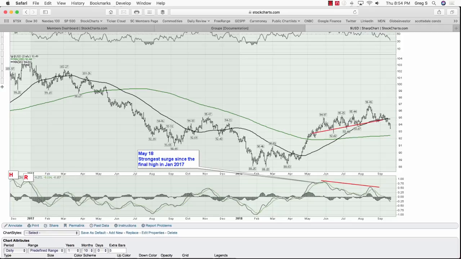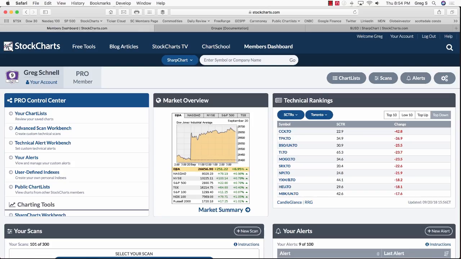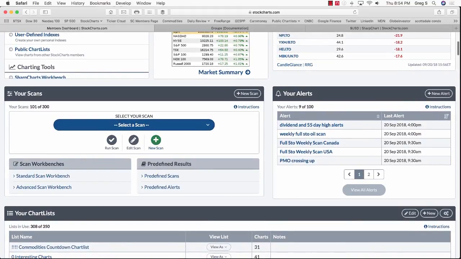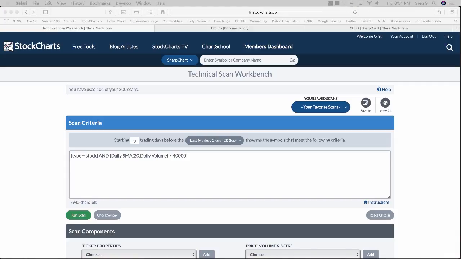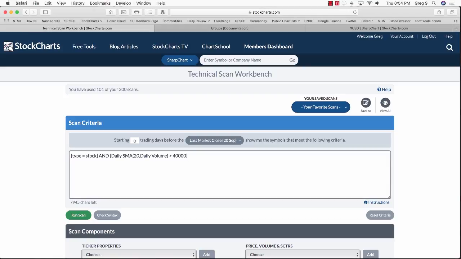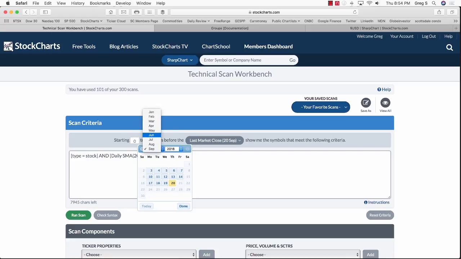Okay, so how would we do that? I would go to the members dashboard, and from there I would quickly start to make a new scan. And I'm going to make this pretty general. We're not going to solve the world's biggest problems here, but we're going to get an idea of some stocks that might typically move. So if you just opened the scanning engine, what I really want to look for is what stocks were strong back then. One of the ways to get to back then is you click in this box here, and it'll bring up a calendar, and we said we wanted June of 2017, and we could just pick a day, June 1st,